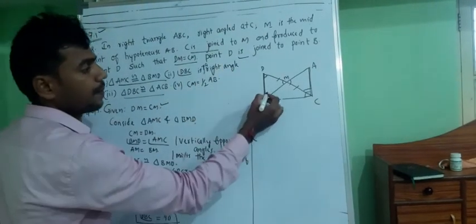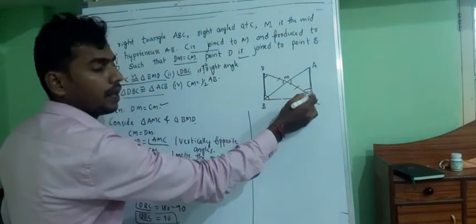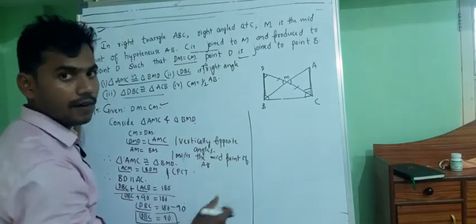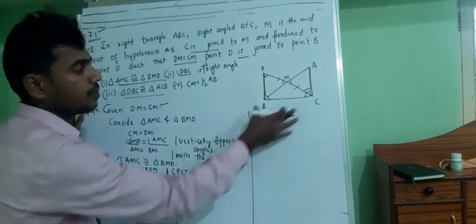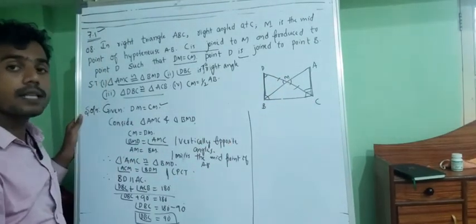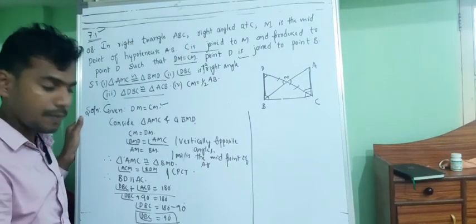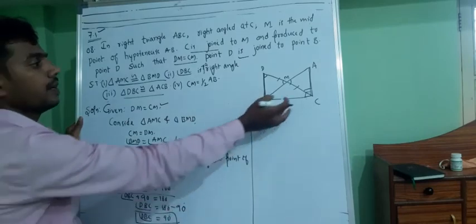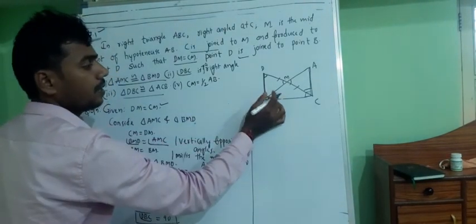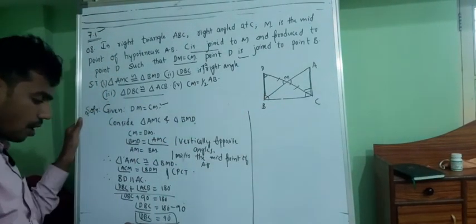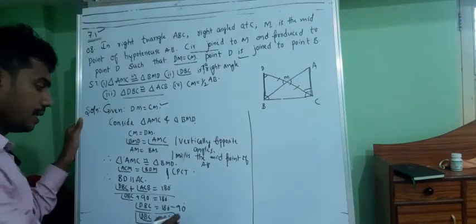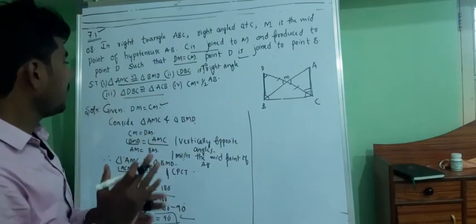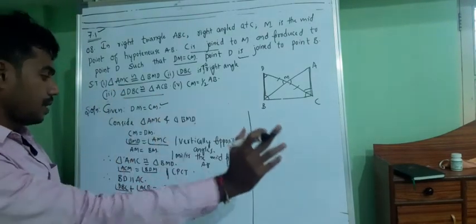Why have I written this? These two will be the angles on the same side of a transversal, or these two are co-interior angles. What is the sum of co-interior angles? They will be supplementary, that is 180 degrees. So I made use of that property. Then this was 90 degrees. This we don't know. We compared and we got DBC as 90 degrees. Next, we need to prove triangle DBC is congruent to triangle ACB.